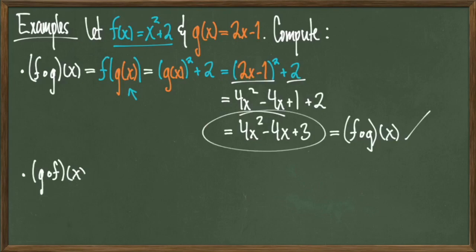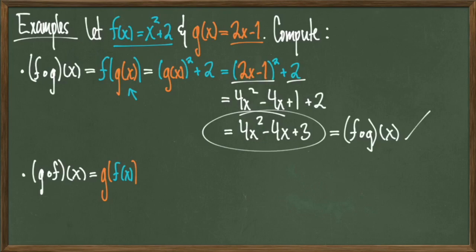Continuing along in this fashion, we will compute g composed with f of x, and by definition, that looks like g evaluated at f of x. So just like before, we will look to our g of x, and everywhere we see the letter x, we will replace it with the definition of f of x. Before simplifying, this will look like 2 times quantity f of x minus 1,